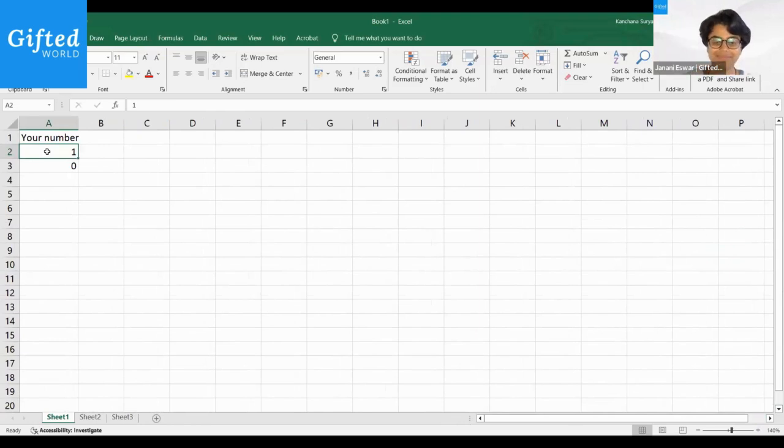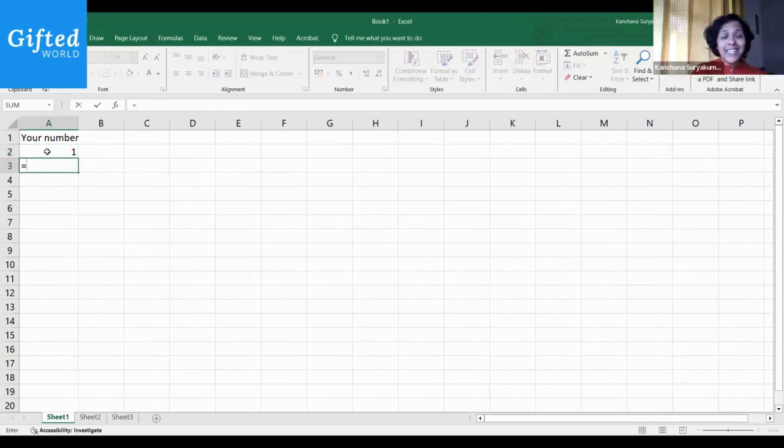Thank you. So what I'm going to do now is say is equal to, and click on this first cell, which is A2. Get back to my cell and say +1. You can type this directly as well, you don't have to use your mouse. You can say is equal to A2 +1. And when I press enter, it automatically does the calculation for me, because right now A2 has the number 1. So A3 is equal to A2 +1. You will see the formula coming up at the top, and it's automatically doing the addition.